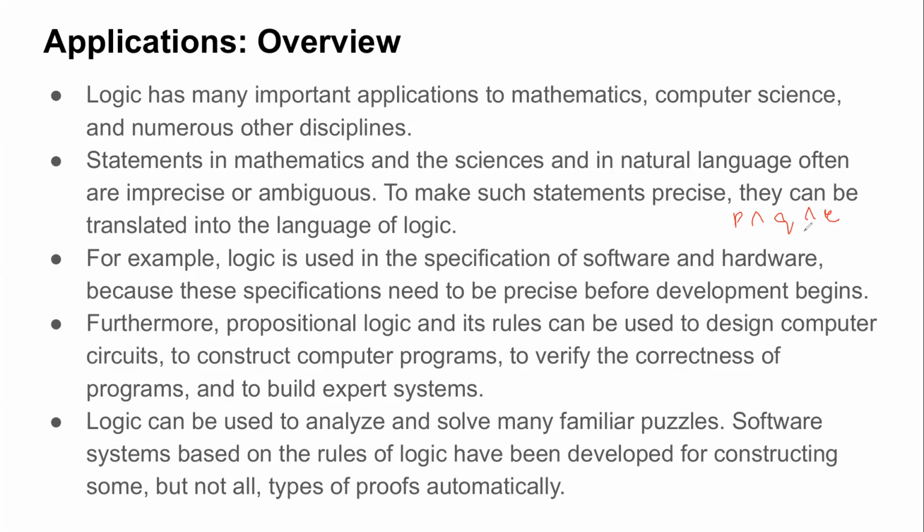Okay, apart from that, things like solving puzzles, or checking proofs automatically. This is a very vast area of research in computer science, which is known as automatic verification. A very well known area of computer science research, automatic verification, wherein you have thousands and thousands of lines of code which you cannot manually verify. Okay, how do you verify it? You can go for automatic verification, which has its fundamentals in logic only.